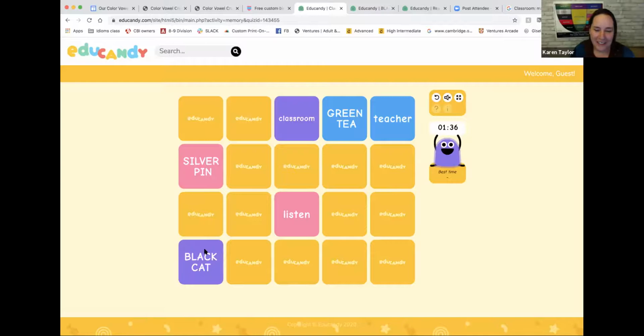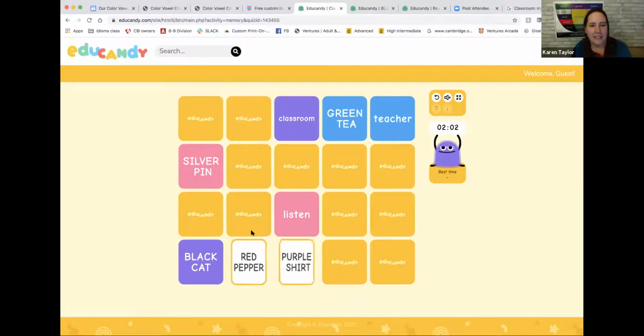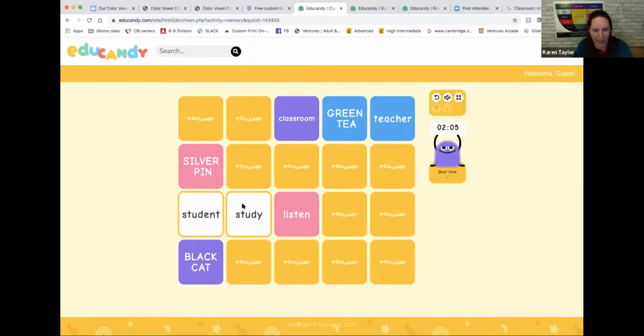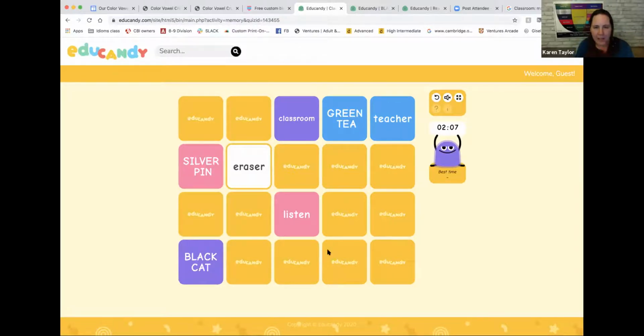Okay, so just another example. When you finish the whole thing, the pairs will be in different colors. It does get a little bit opaque, but your student could sit there and actually review them and say, black cat, classroom, green tea, teacher, right? We could think that the different visual color is going to bug us, but honestly, I don't think it bugs me as long as I just grow up about it and say that's the color I see. But what I hear in black cat is the sound I hear in classroom.